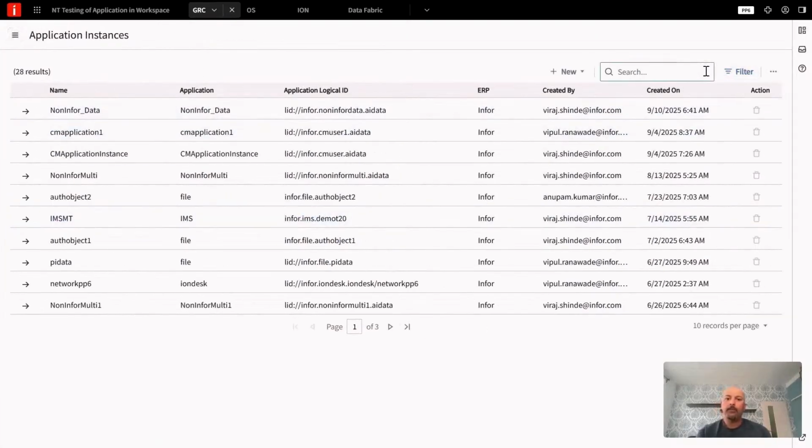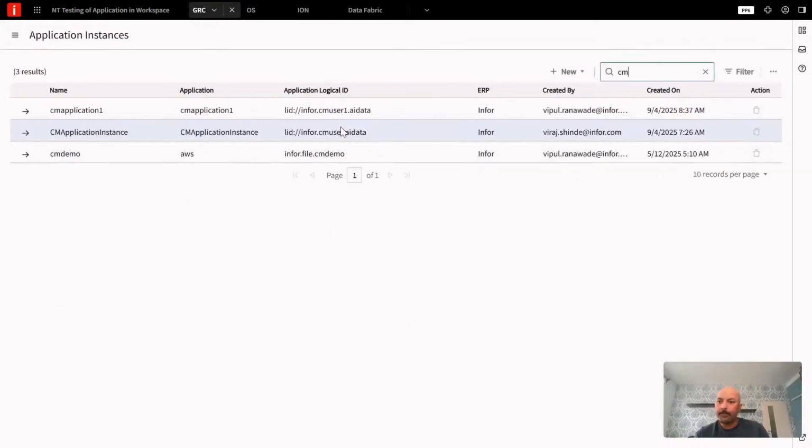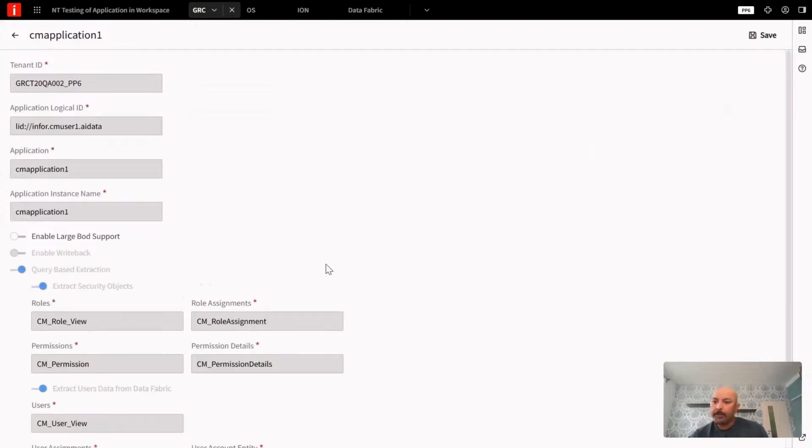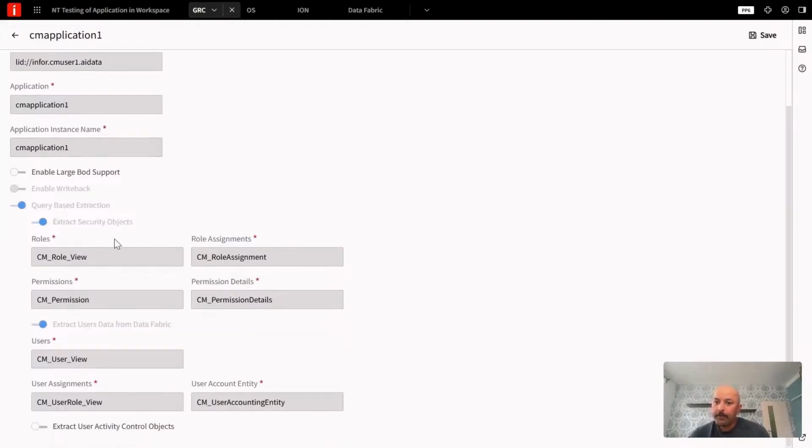And now let me filter out the CM application instance that has been created here. Right. So let's give it a minute to load. And then as you can see, we have created this application instance by pointing to the different views. So the views that we were just looking at in data fabric, those are exactly the same ones that have been configured. So typically the user information for all of the Infor applications comes in through Infor Federation Services